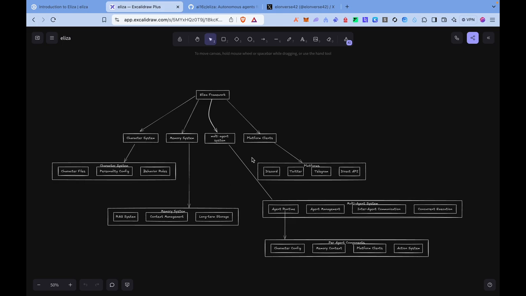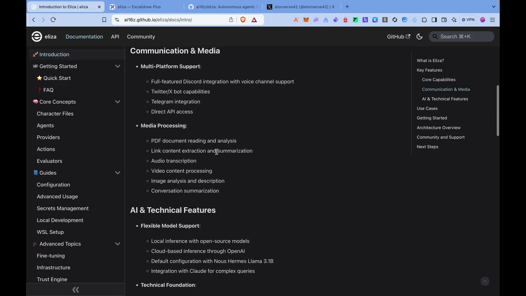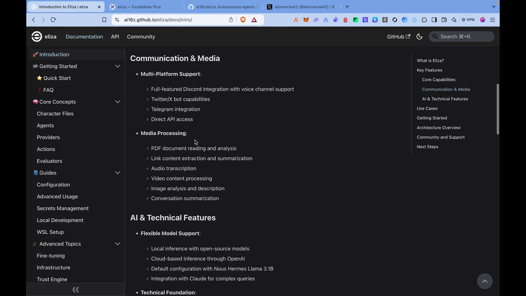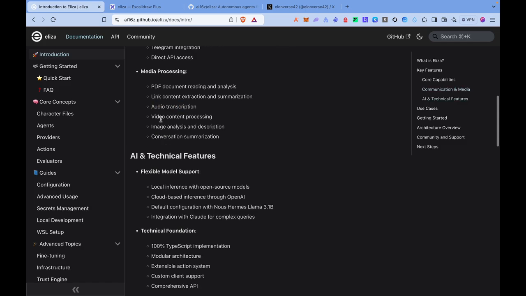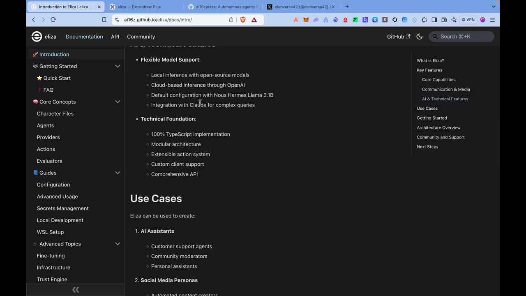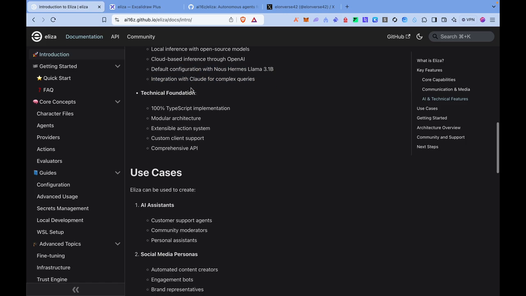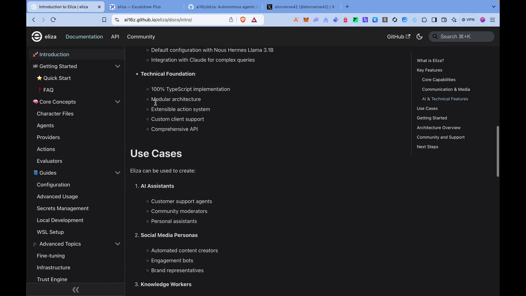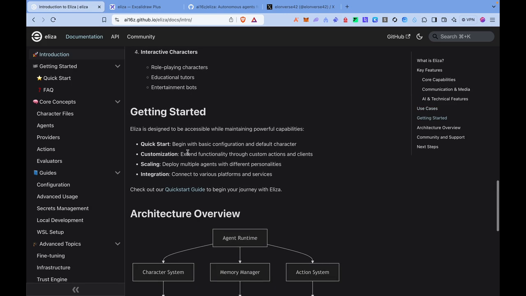framework and core understanding of what Eliza is and what we can achieve with it, and we can go through the documentation, which I'm going to share in the Excalidraw. It also has PDF reading, analysis, audio transcription, video content processing, and all kinds of other cool stuff. And of course, it's got flexible model support, where you can use a model locally or cloud-based inference models: OpenAI, Claude, Gaia, etc. It's fully in TypeScript, and let's dive right into how we can get